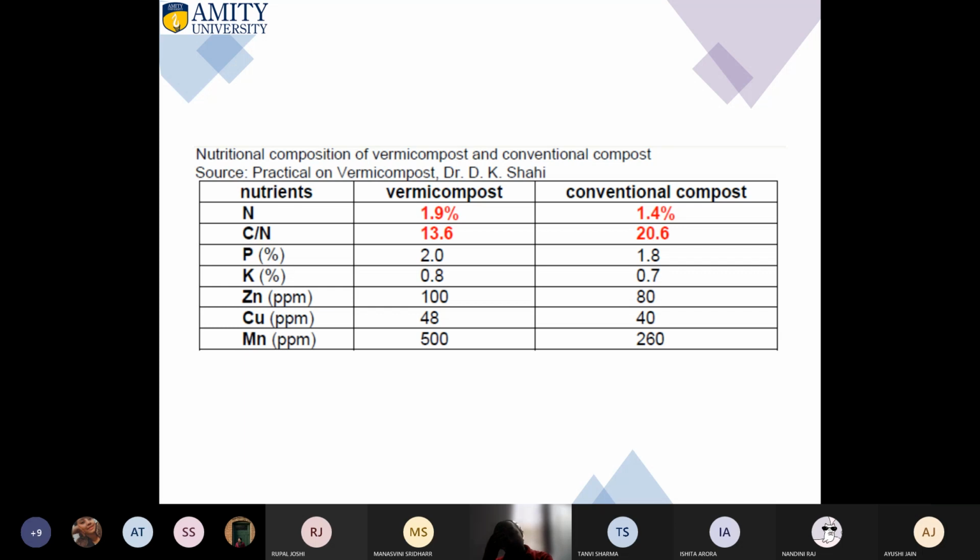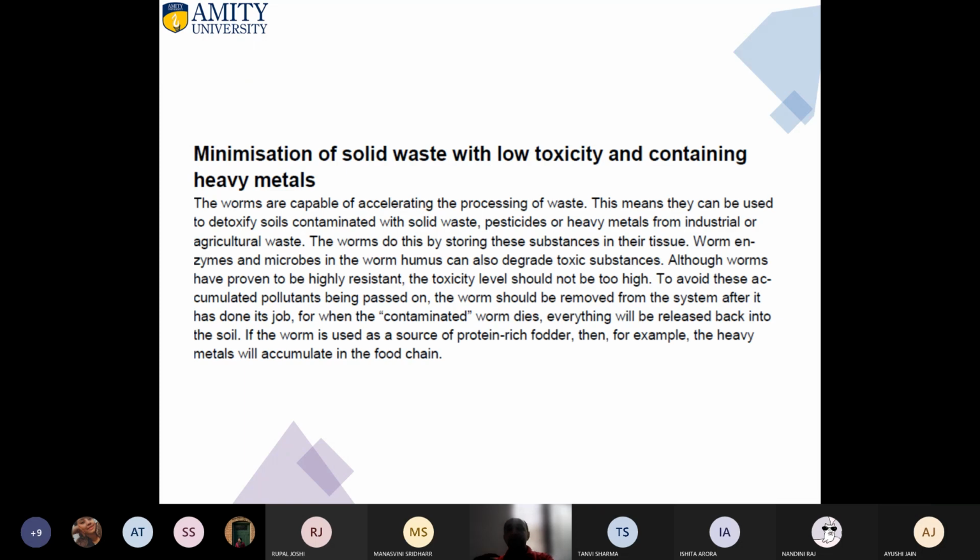So this analysis by the research component has been really very good, showing how and why vermicompost has an upper hand, is easy to produce, and you do not need to do anything. So that is always good. And you can see the numbers that will add to the soil, increase its fertility, and actually condition the soil. Then another very big benefit of using vermicompost is minimization of solid waste with low toxicity and containing heavy